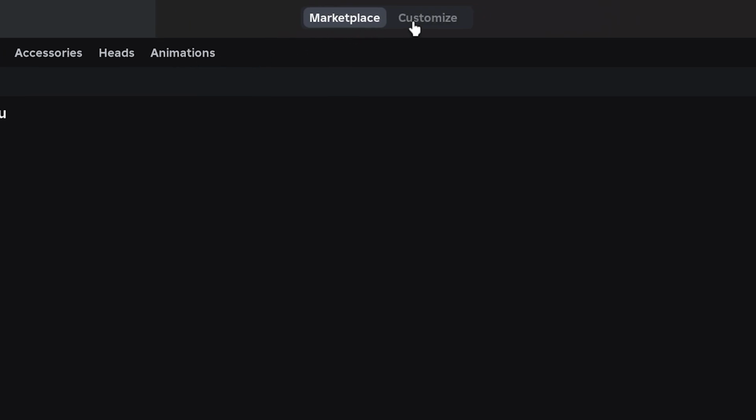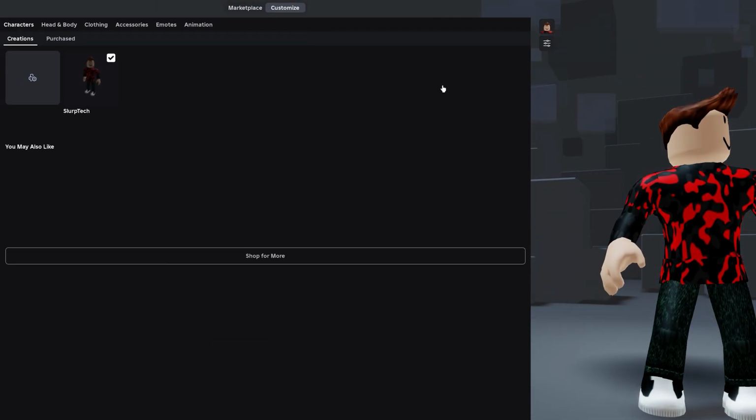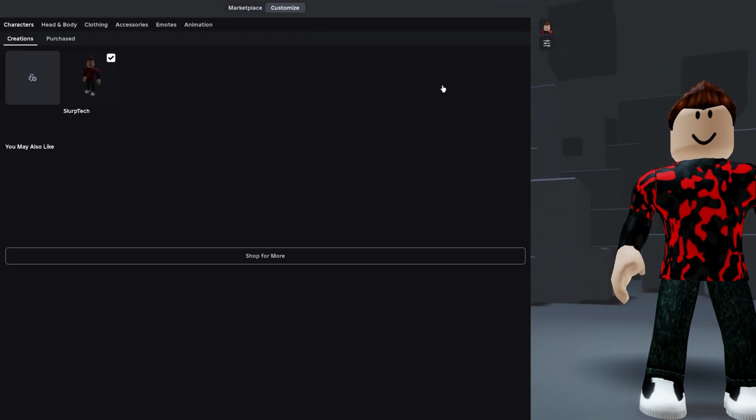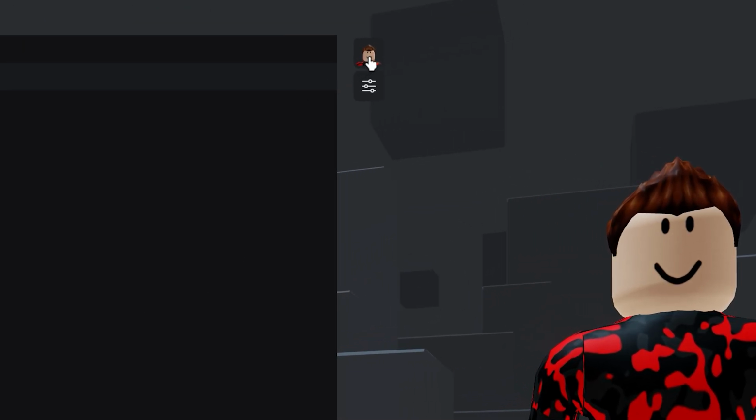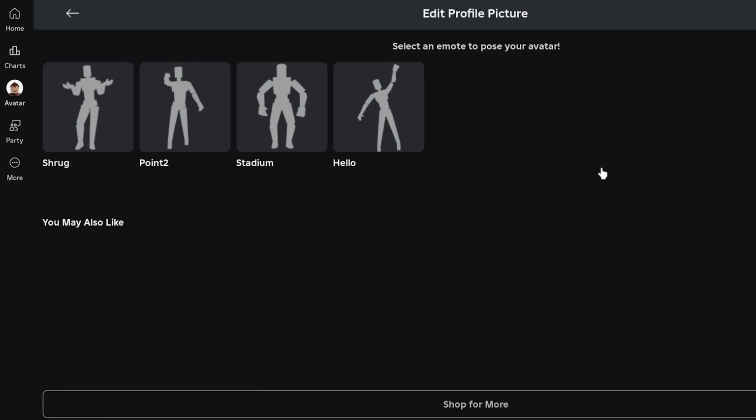Select Customize from the top and make sure your avatar looks how you want it to, or change it to your liking. Once done, go to the side and click on your profile picture icon in the avatar preview panel. Now, select any emote or pose that you want to do from the top, then go down and click the